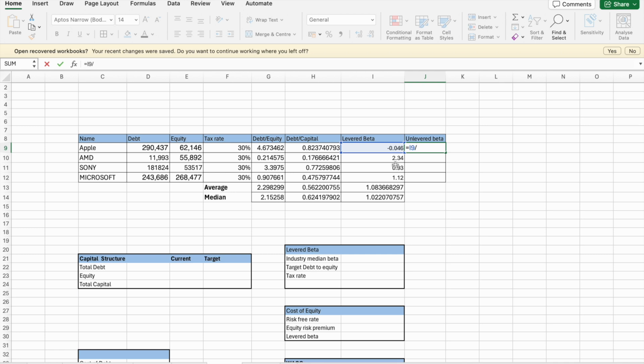You will get the formula on Google. Is it how to transfer a levered beta to unlevered beta? It should be 1 plus 1 minus the tax rate, multiplied by the debt to equity ratio. So it will exclude the effect of debt using this formula, and we are going to take the median